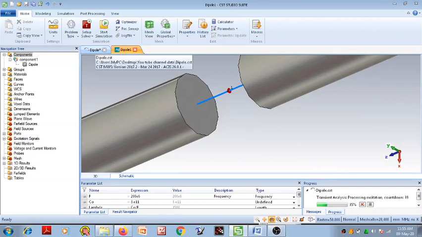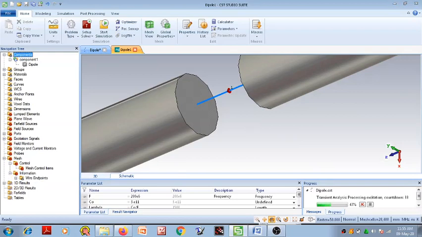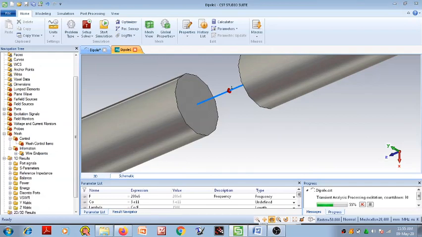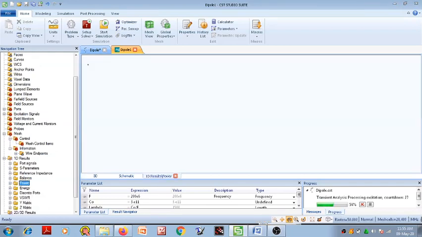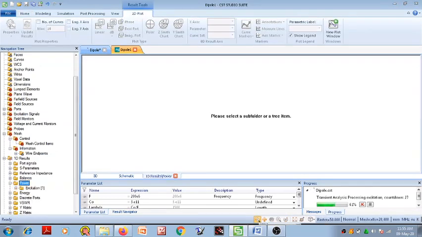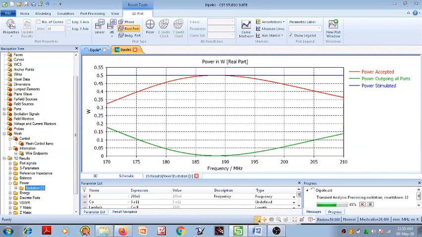So in this way we can design. The number of mesh cells has been checked here. Okay. Remaining 1D results are there, which consist of power. So you can check the power.